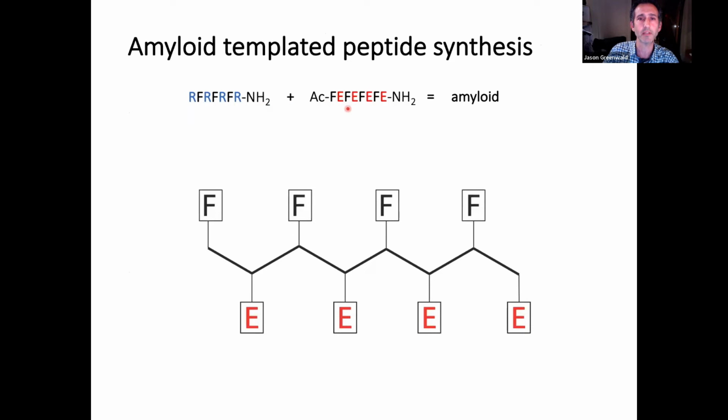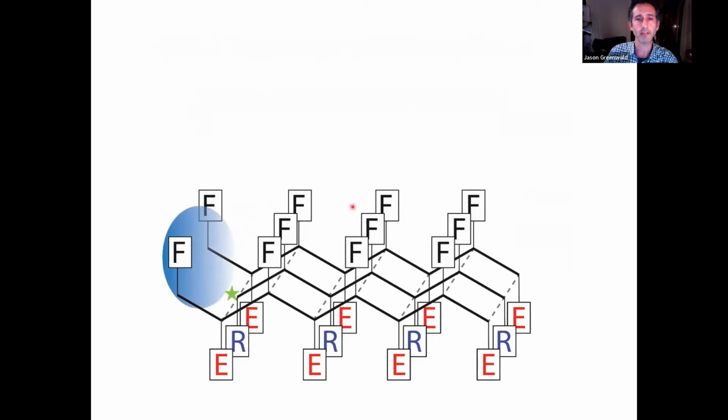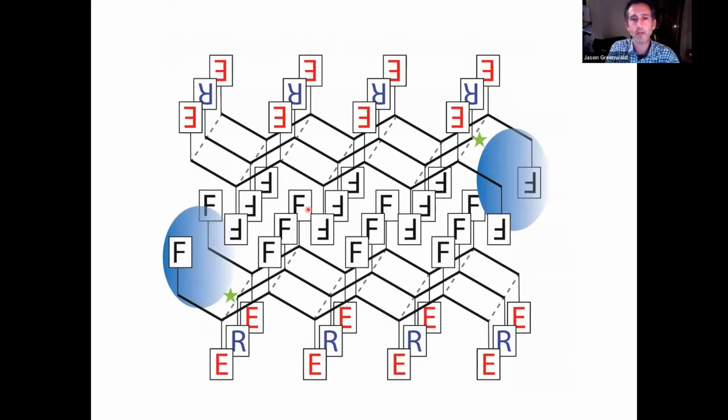between two different peptides, this FE repeat, phenylalanine glutamate repeat and phenylalanine arginine repeat. And we imagine that the amyloid stacks up like this. And since one of the peptides is missing a phenylalanine in terms of the perfect match, we have this gap here. And actually, we would expect that the fibril would look something more like this, because you have this hydrophobic patch here. So it's probably two